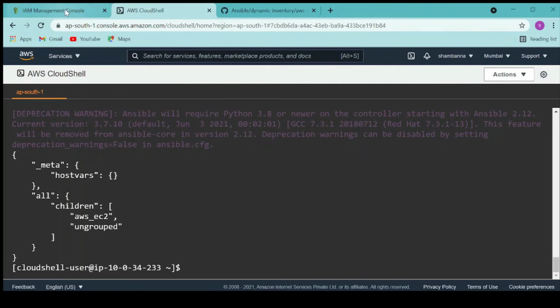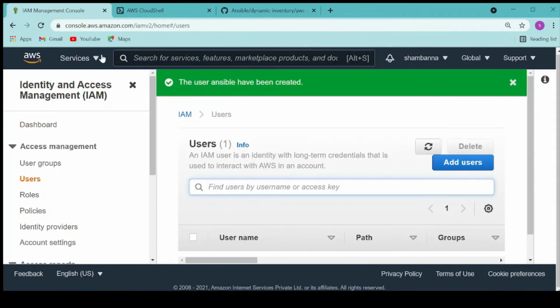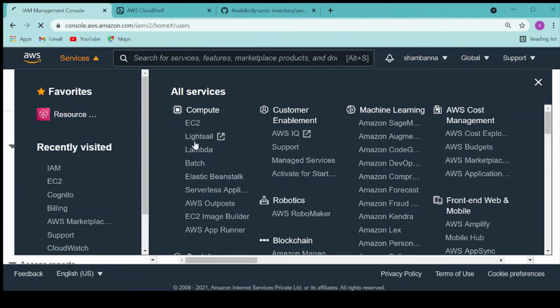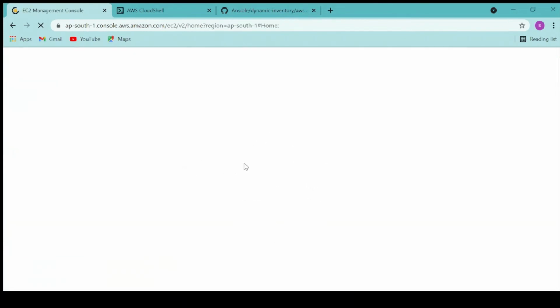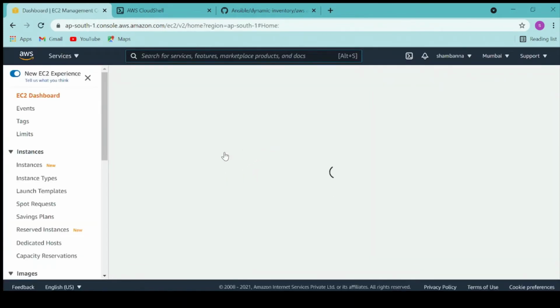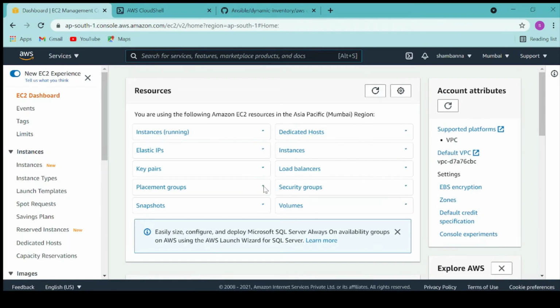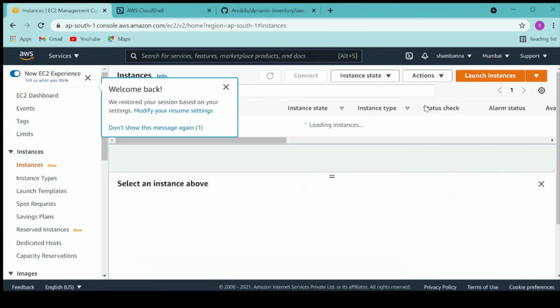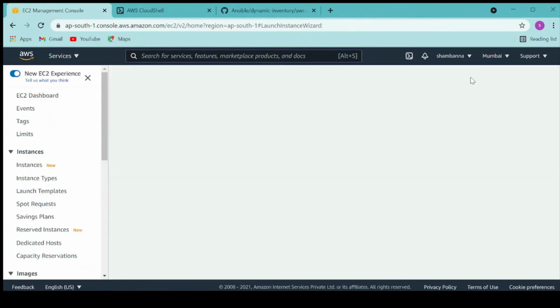So now let's go and create a few VMs. I'm going here in EC2, Instances, let's launch instance.